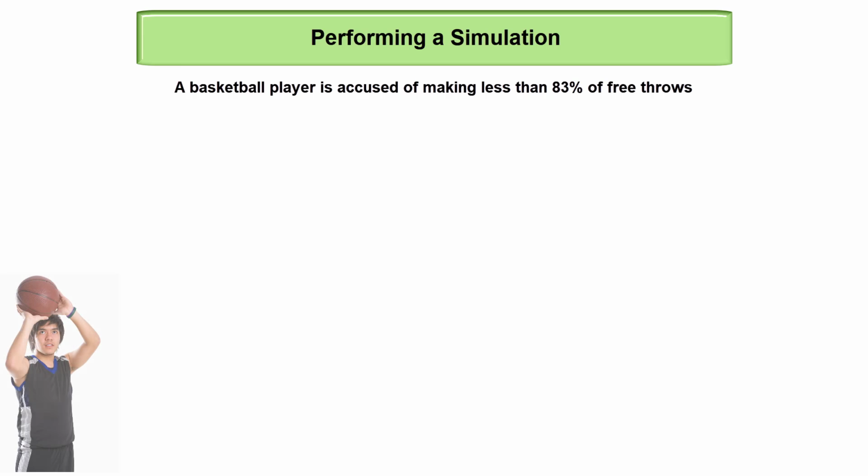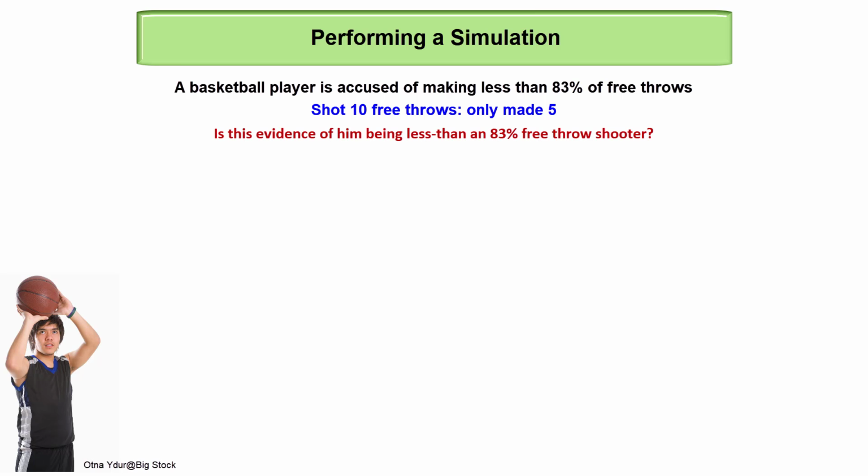Returning to the basketball player from the previous video, recall he's accused of making less than 83% of free throws overall. When given the opportunity to shoot 10 free throws, he only made 5. Is this evidence of him being less than an 83% free throw shooter? To answer this, we simulate sets of 10 free throws to estimate how often only 5 or less should be